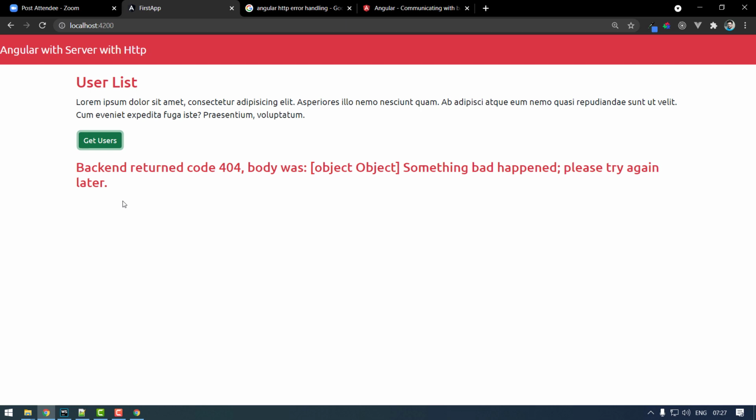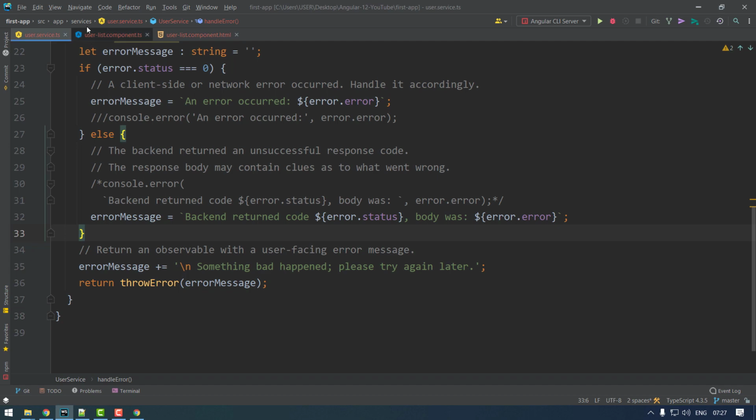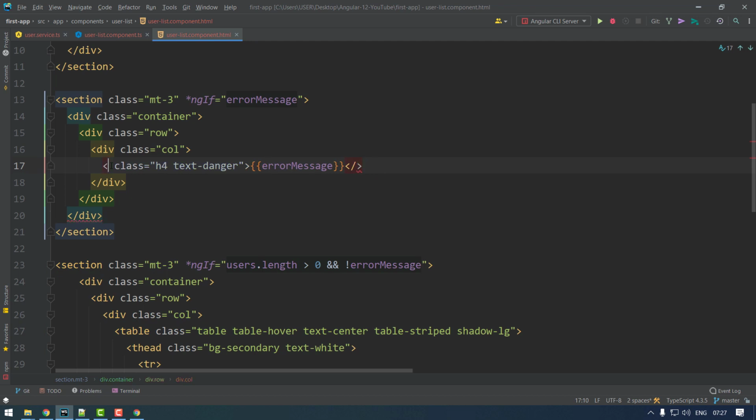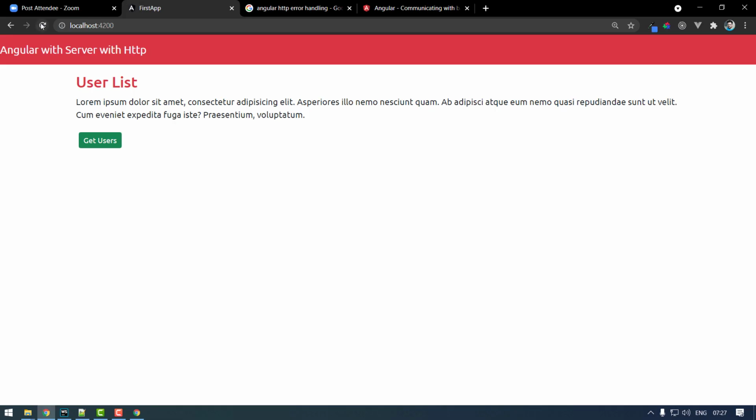So the detailed error message has been received over here, and if you want to make a smaller text instead of a bigger text like this, you can make that. For example, you write a small tag. Okay, instead of p tag you write a small tag, and there is no class called h4. Okay, a small error message is going to print like this.